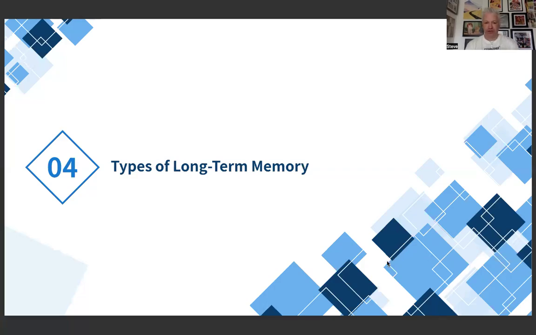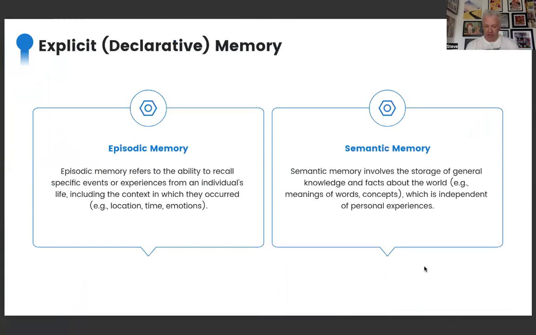Okay, we're on to types of long-term memories. So as we know, the multi-store model, Atkinson and Shiffrin, 1968, just had long-term memory as a kind of unitary box. However, there are different types of long-term memories. So some of the long-term memories include explicit memories where we have conscious